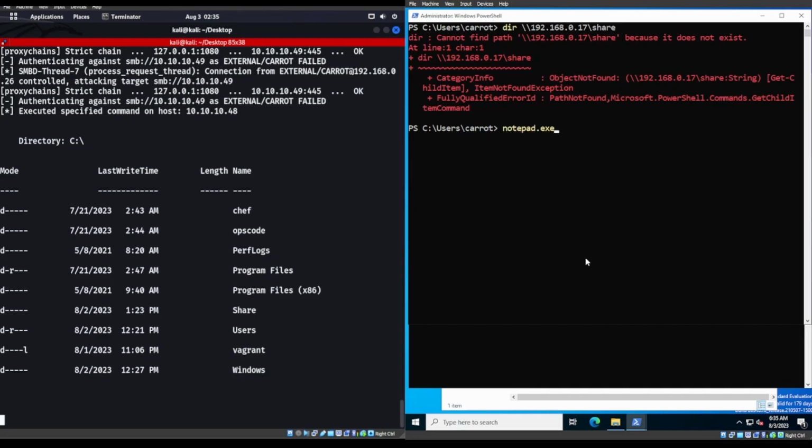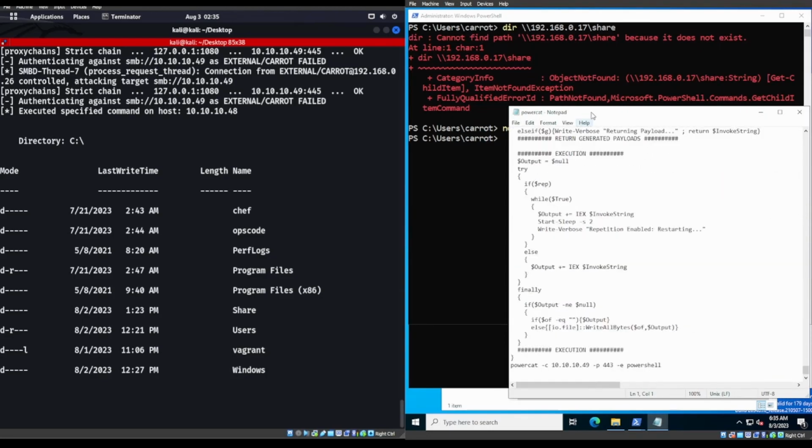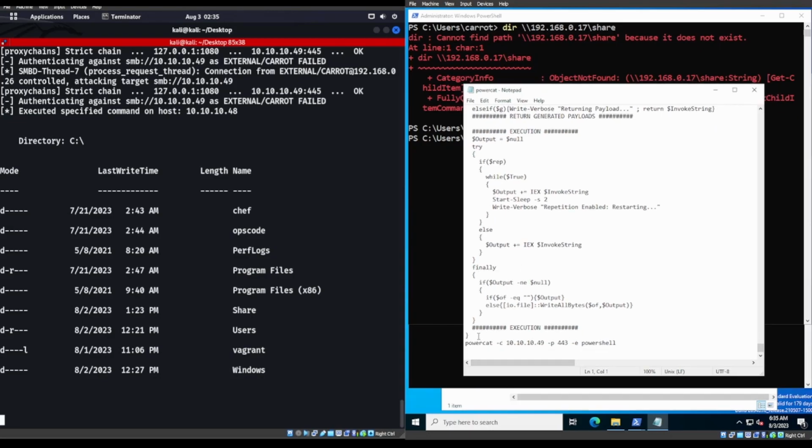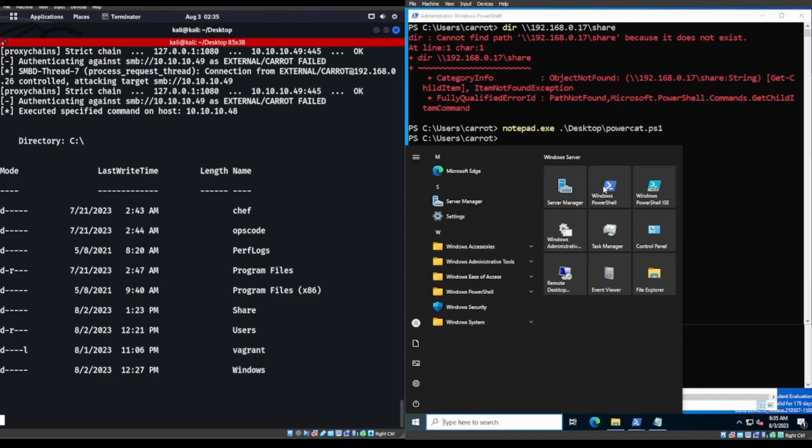So notepad, desktop, Powercat. And you see at the very bottom, we're telling Powercat to connect to 10.10.10.49 on port 443 utilizing PowerShell. Okay. Now, to be able to do this, we're going to start up another